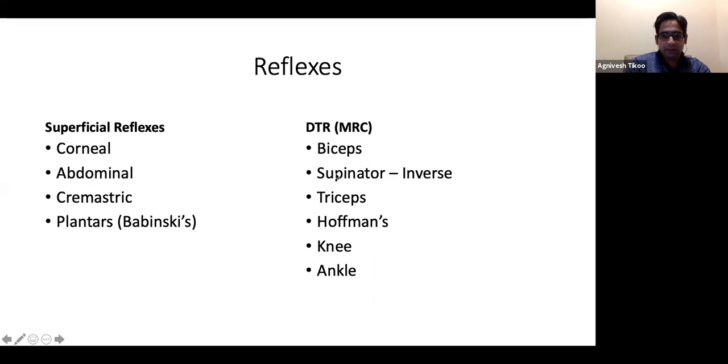Now let's come to the other reflexes. Biceps, the innervation is C5, C6, predominantly C5. Coming down, supinator is C5, C6, predominantly C6. And there is something called an inverse supinator jerk. Normally when you tap with the hammer, you can see that the arm is rising like this. But if you tap with the hammer and the patient's fingers are also doing this, this is called an inverse supinator jerk. This happens in cervical myelopathy above the C6 level.